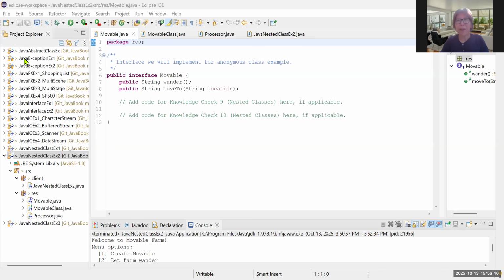Hello, welcome back. So in this lecture, we are going to discuss the second example about nested class. For this example, we discuss anonymous class, focus on anonymous class. Okay, so let's take a look. In this example, we have